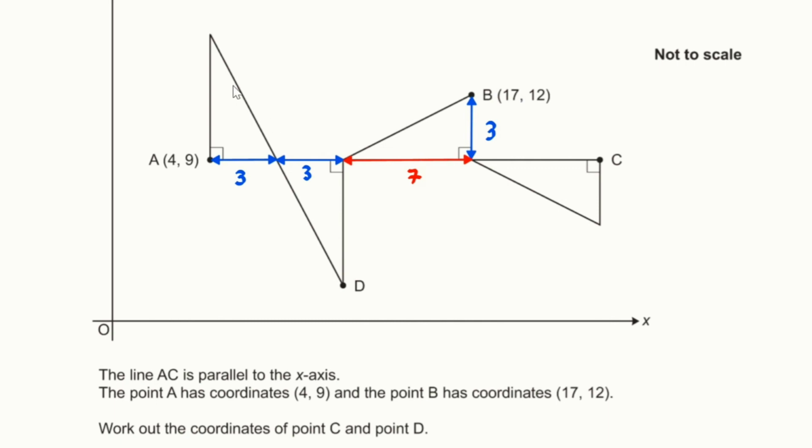And that also means then that this height here is also 7, and